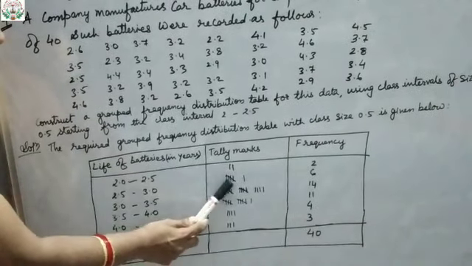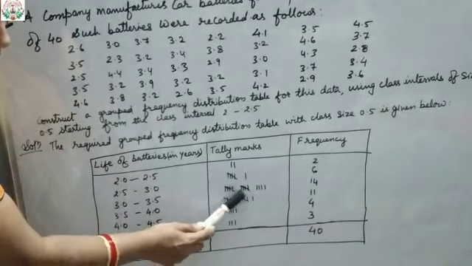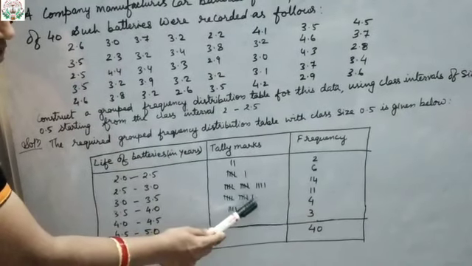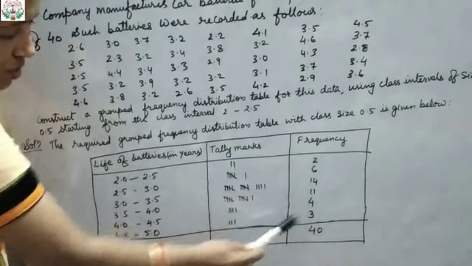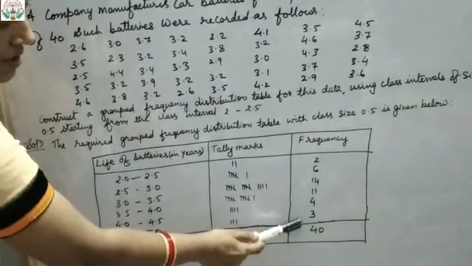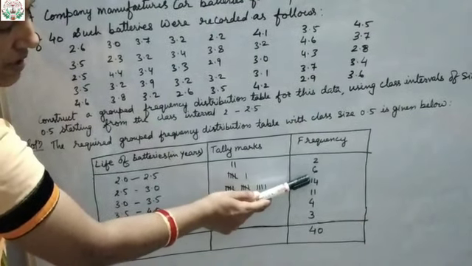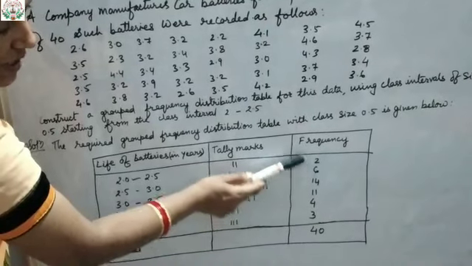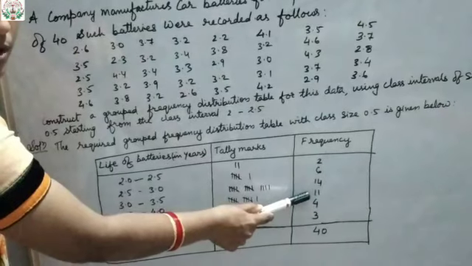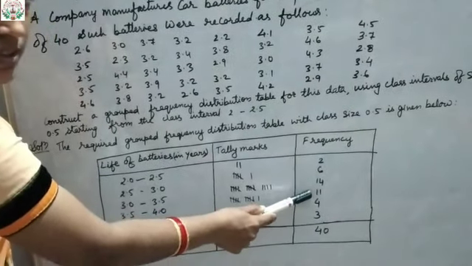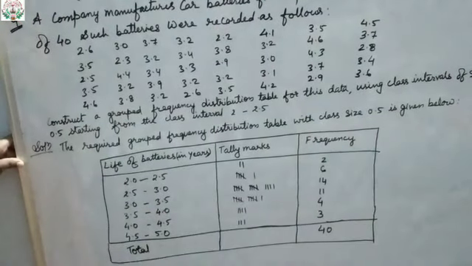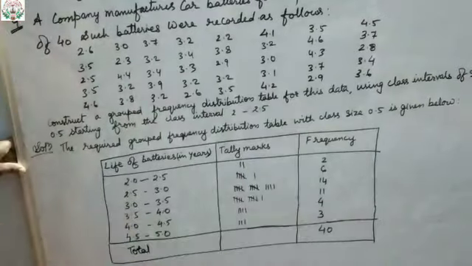So here frequency is 5 plus 1, 6. Here 5 plus 5 plus 4, that is 14. Then 5 plus 5, 10 plus 1 is 11. Then 4 and then 3. Now the last total will be how much on adding all this? Here 6 plus 14 will be 20, 22, then 22 plus 11 will be 33, then 33 plus 7 will be 40. Okay, so we got the total as 40.